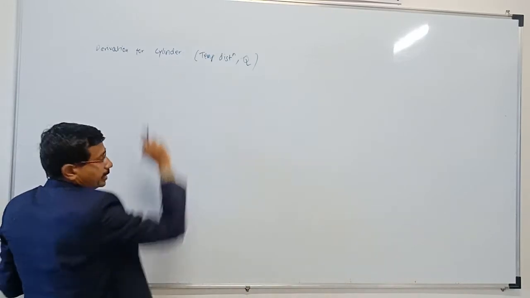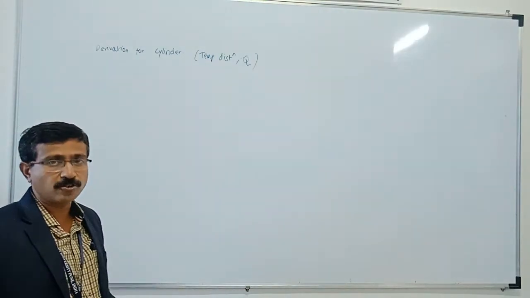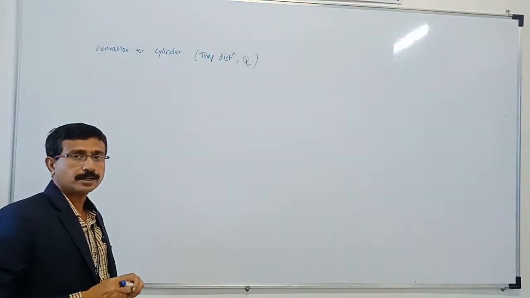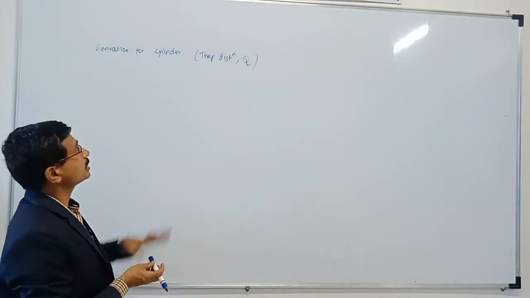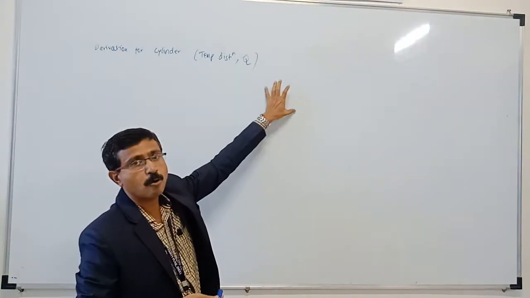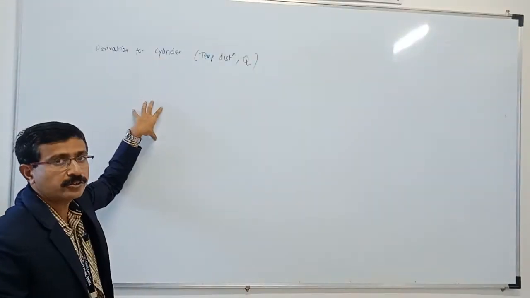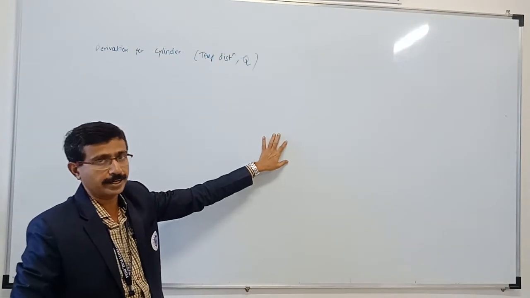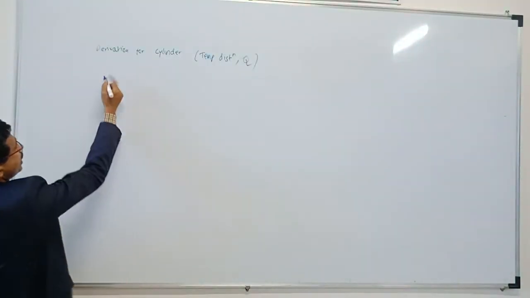Now this is cylinder. In the last two derivations we have seen it for a slab. And which equation we have used for it? To start with the derivation, Cartesian coordinates, because that is the case of a wall or a slab. Now here it is a cylinder, so we are going to make use of the general heat conduction equation in cylindrical coordinates. Okay. First I will specify under which conditions.